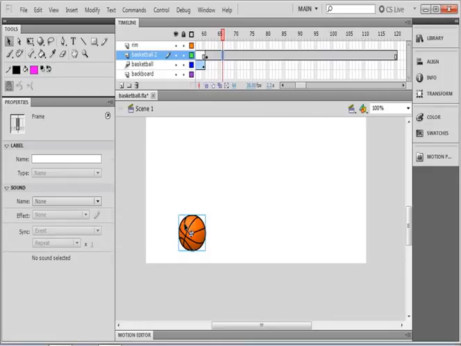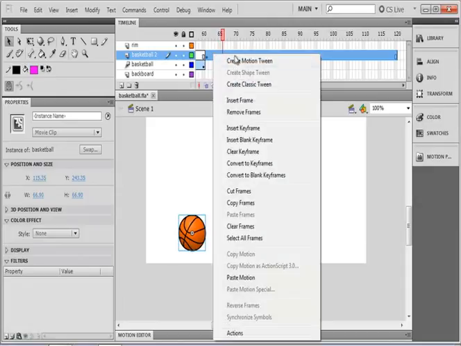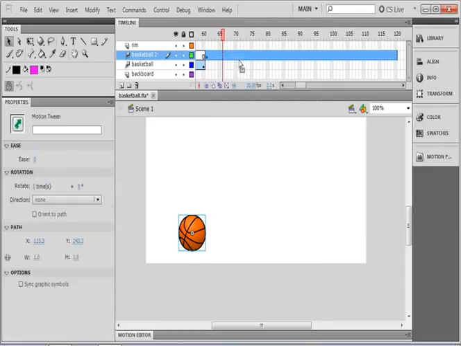We've got a movie clip. It's the same one we were using the last time, and it's in a layer by itself, so we're ready to create a motion tween. Now I'm just going to set up a basic motion tween by right-clicking on it and then choosing Create Motion Tween at the top. This time I'm going to have my motion start at the very beginning with the ball on the ground,